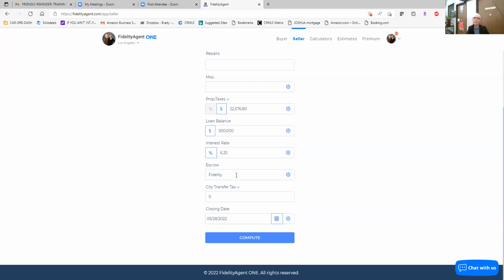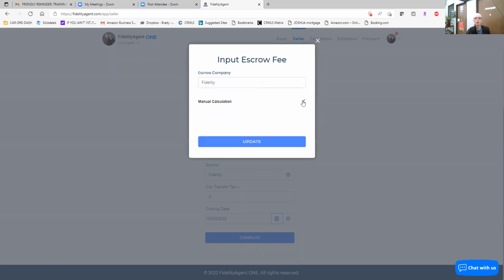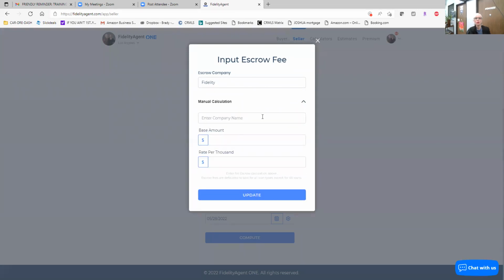Escrow automatically defaults to Fidelity Escrow. However, you do have the ability to click on this little setting, the little wheel, and you can manually input your favorite escrow officer or escrow company. You can put their information in. You would just need to find out what their base amount is that they charge for their escrow, and then their per thousand. So find out what their fees are,